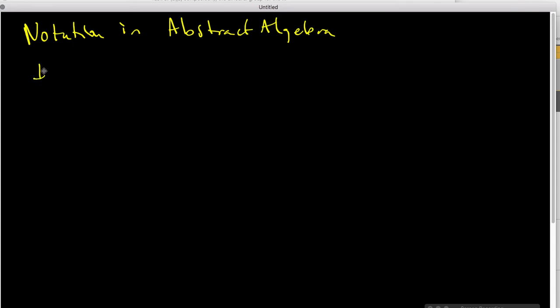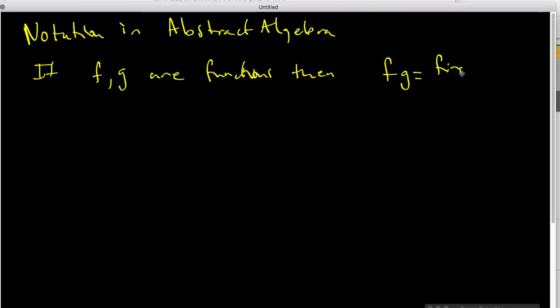And so if we have f and g are functions, then if I write something that looks like fg, that means first do g, then do f. In other words, in abstract algebra, this particular set of symbols means f of g. It is the composition